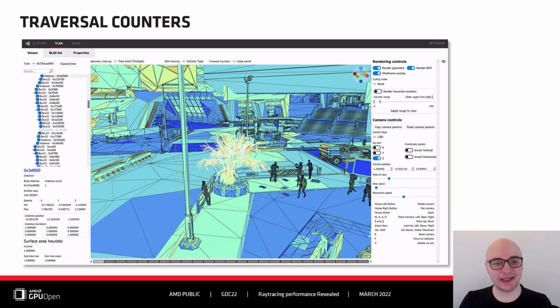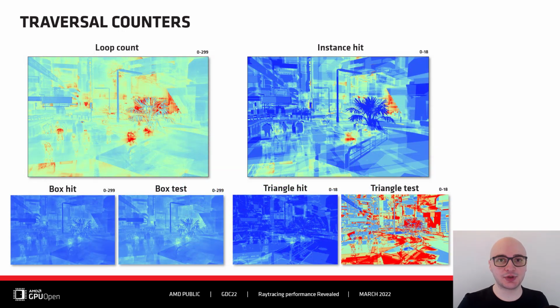Given the nature of complexity in the acceleration structures and the specifics of the traversal algorithm that traverses these structures, it is often difficult, if not impossible, to imagine the final performance costs of a given scene and its setting. To aid you in understanding the performance costs in a more intuitive way, we have the traversal counters. Before we get deeper into the traversal counters, let's note that these values are emulated on the fly and are not the same as those you can view through RGP.